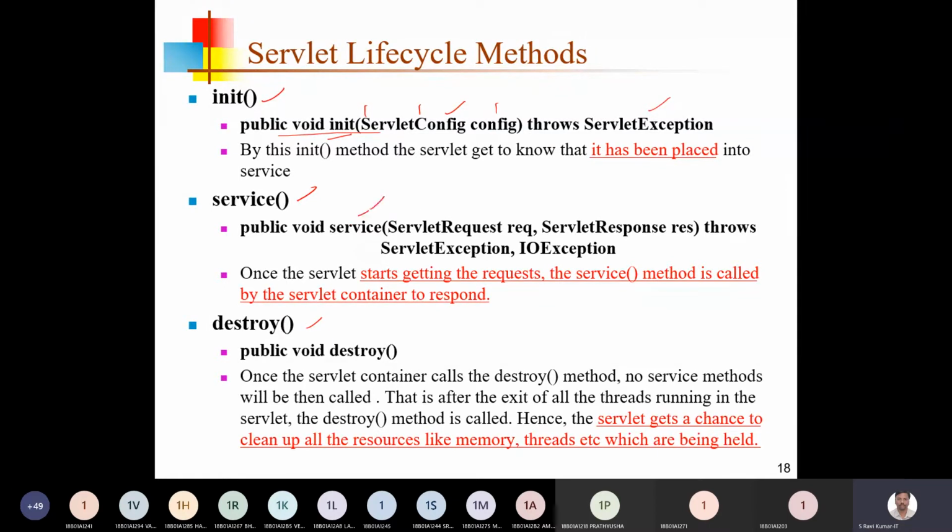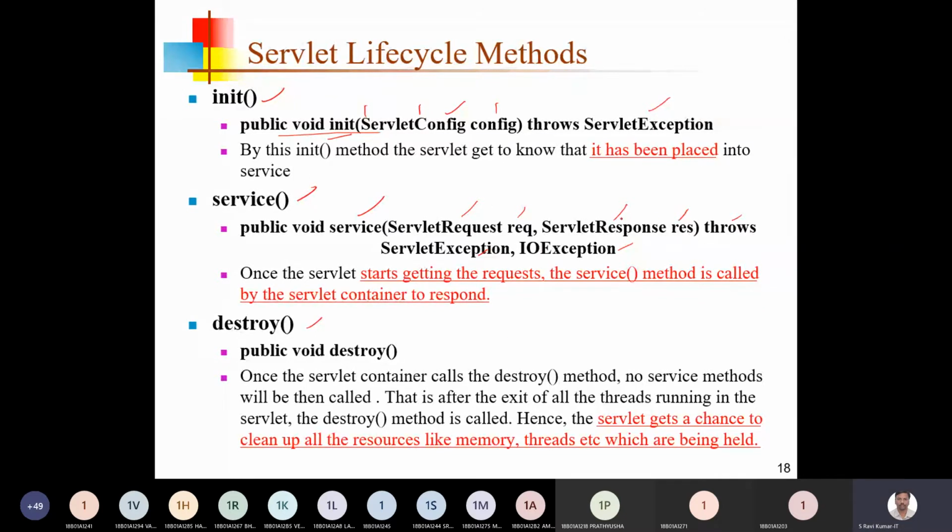And this is the service method. As we already discussed, to the service method the container will provide two different kinds of objects: one is the request object and the other is the response object. The first argument is the ServletRequest object, then the ServletResponse object. It throws ServletException as well as IOException.